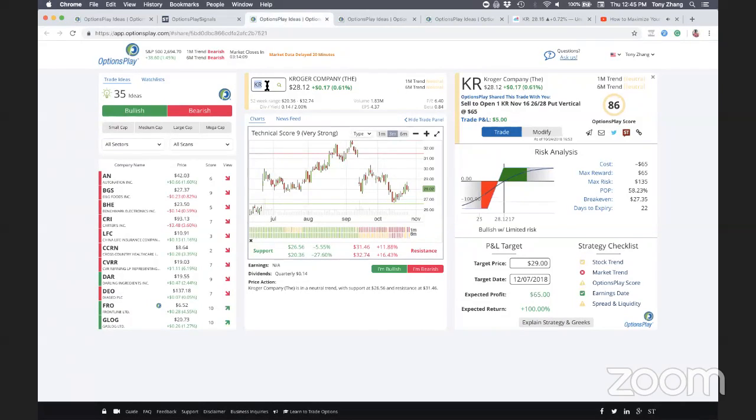So what we're doing is we're doing all of that work for you. We're only showing you stocks that have generated a technical buy signal and have met some of the criteria that we're looking for from a credit spreads perspective, and only showing you those so that you have a very limited list to look at of ideas, but there's still multiple ideas that you should be getting every single day.